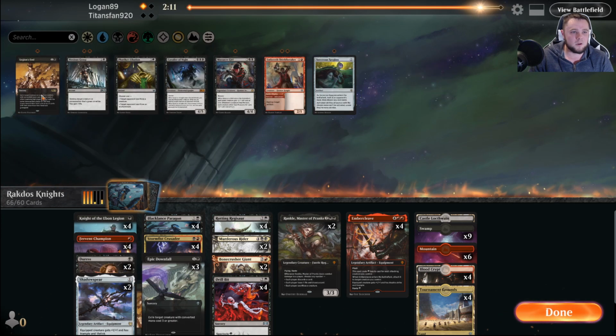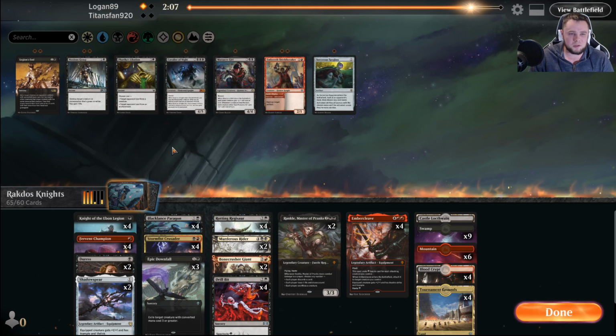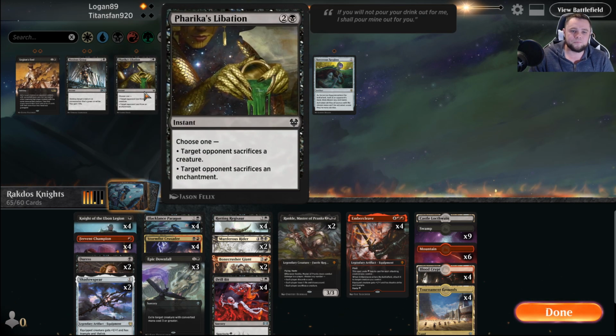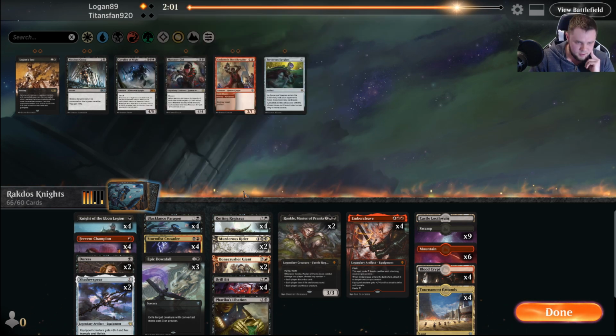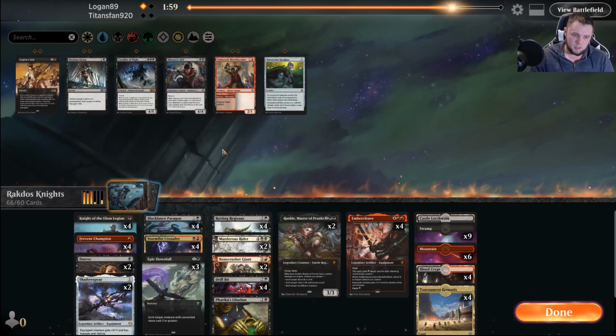Some Epic Downfalls will come in. Not Legion's in. Ugh. Don't think we want Noxious Grasp. I think this is good. That's probably it. Because we still want to be aggressive. As far as what we take out here,